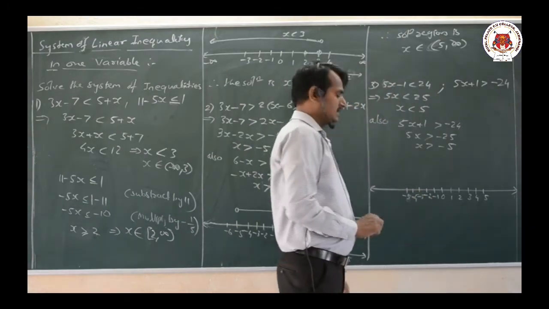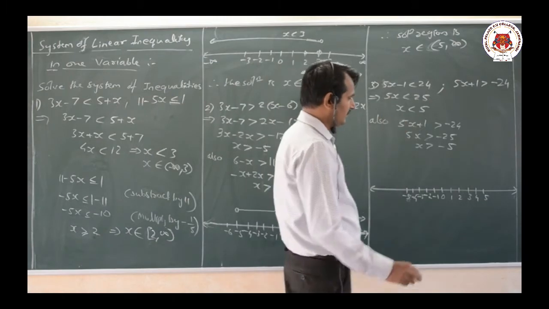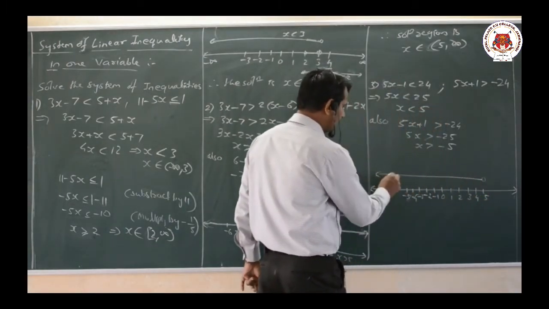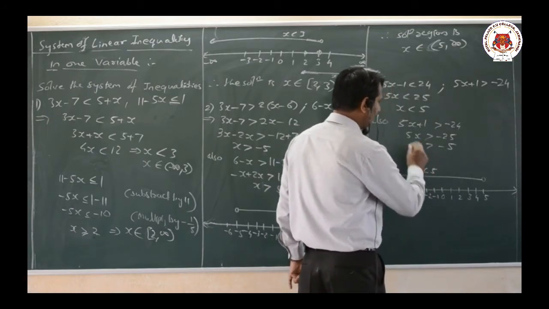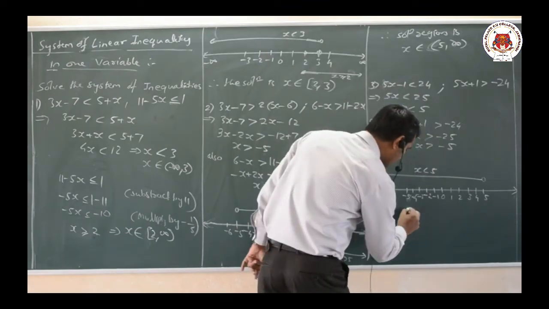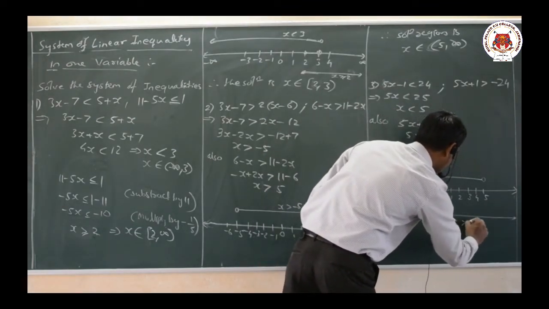Now, this is the first part. The next part is, so here first one is x is less than 5. Strictly less than 5 means from where it comes, x is less than 5, first solution. Second solution is x is greater than minus 5. That is greater than minus 5 means from here it is plus, x is greater than minus 5.